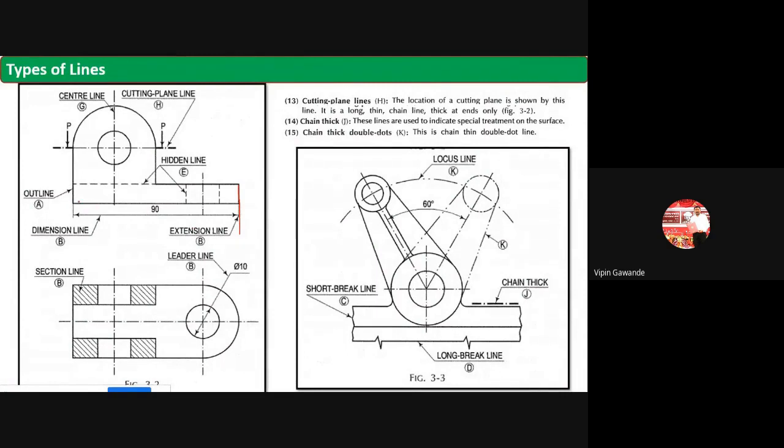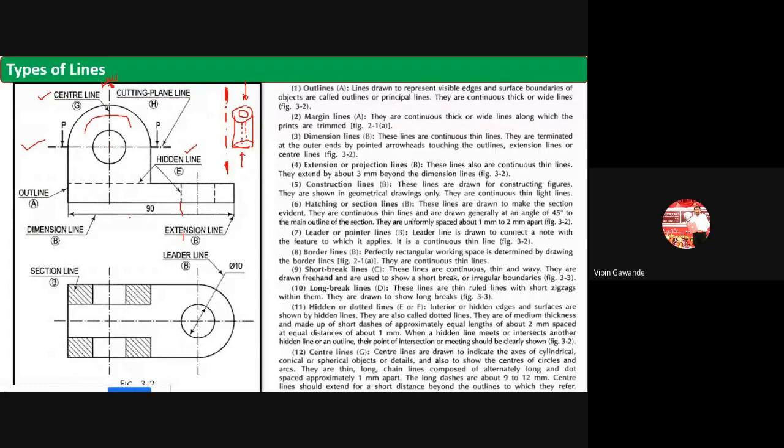इथून एक एक्सटेन्शन लाईन काढावं लागेल, एक एक्सटेन्शन लाईन इथे काढावं लागेल. And in between these two extension lines, then we have to put what? The dimension line. So dimension line it is put between what? The two extension lines. Okay, so dimension line is put between two extension lines.